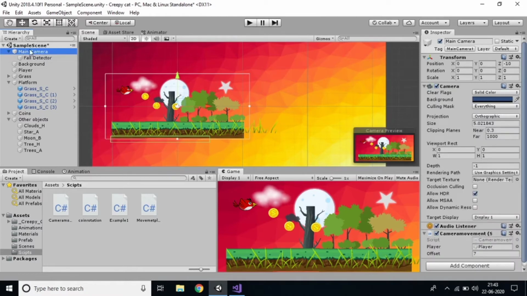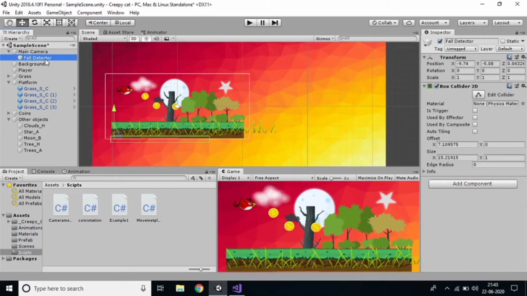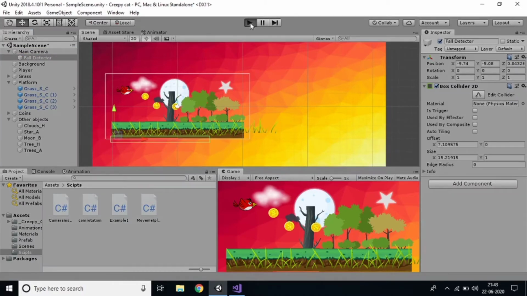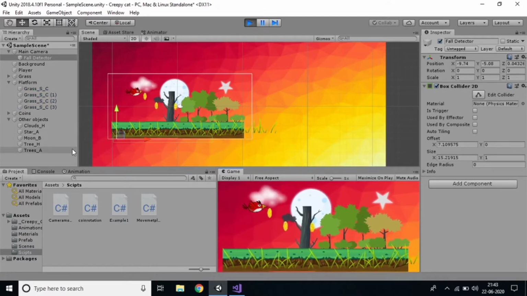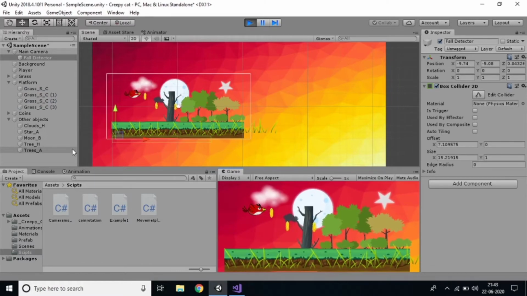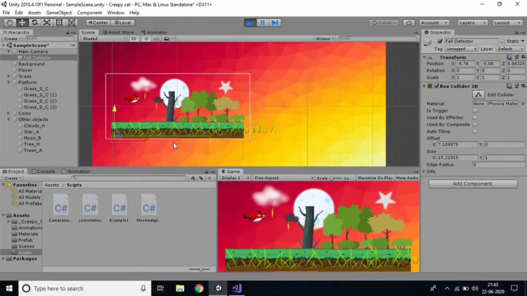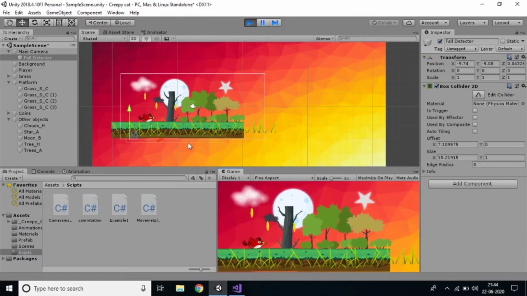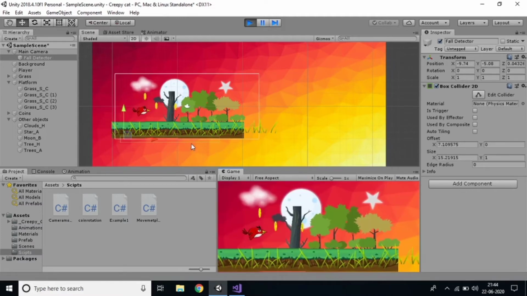Whatever properties the parent, the main camera, has, all of them are applicable to the child, right? If I move, you can observe the scene window, yes, of course the box collider is also moving. Suppose we are playing a Super Mario game, if the player falls down, the game starts again from the starting position. But the collider should not be visible to the person playing the game. That's why I'm using the box collider, and if the camera is moving, the box collider also moves along with it. This is the usage of the box collider.